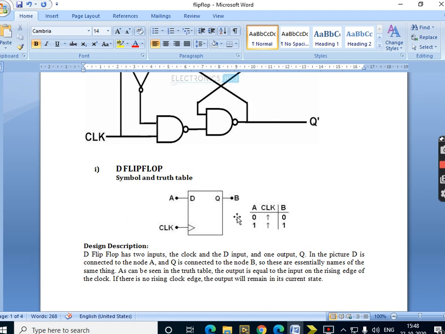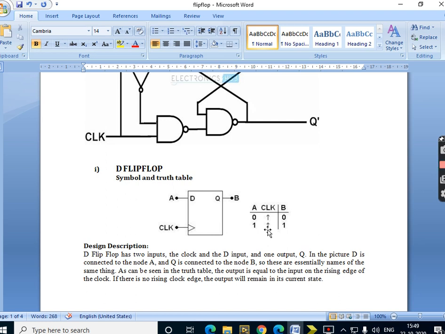Now what will happen in this flip-flop is that if you apply 0 at the input D, and by applying the clock, the output will be produced the same as the input, and if no clock is applied, the output will remain at the previous state. So there is no change in the output when no clock is applied. It means it is holding that bit for that duration of time. And similarly, when the input is 1, when a clock is applied, the output will change to 1, and it will hold that output until a new clock is applied to the input side.